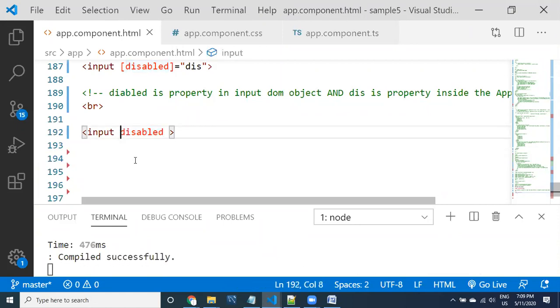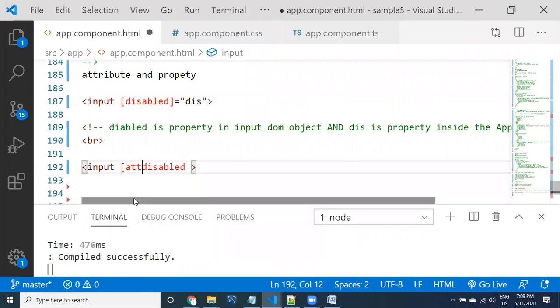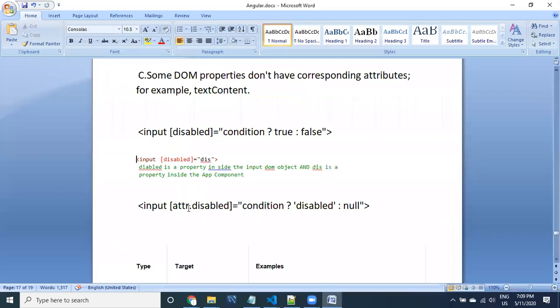How can you use this attribute for binding in Angular? There is a possibility. We do have the possibility of attribute binding in Angular. Remember this, guys: this is property binding. Which property is it? An HTML element related property binding, versus HTML element related attribute binding. So you can use attribute binding like this, ATTR. See here, guys, just the example we have taken already: ATTR disabled equal to something, I'll show you.